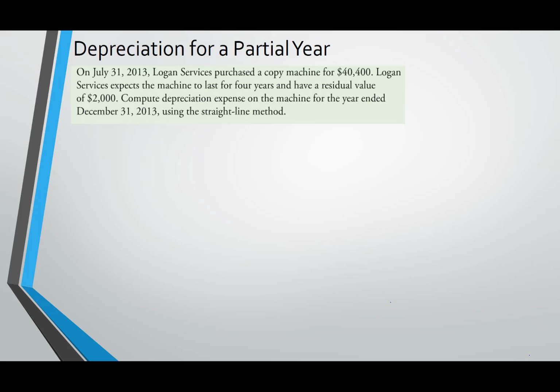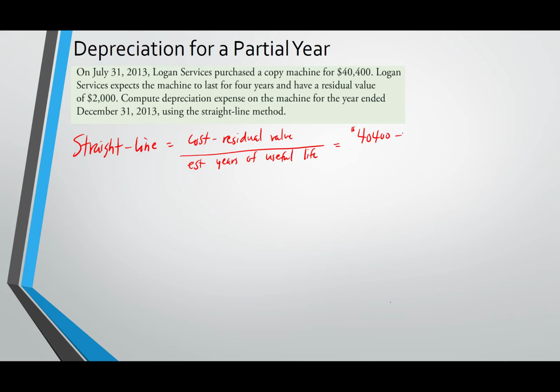Okay, so straight line again is our cost minus residual value divided by estimated years of useful life. So in this case, we can see that we have a cost of $40,400 minus a $2,000 residual value, and then we would divide it by 4 years. Okay, that comes out to be $38,400 divided by 4 years, or